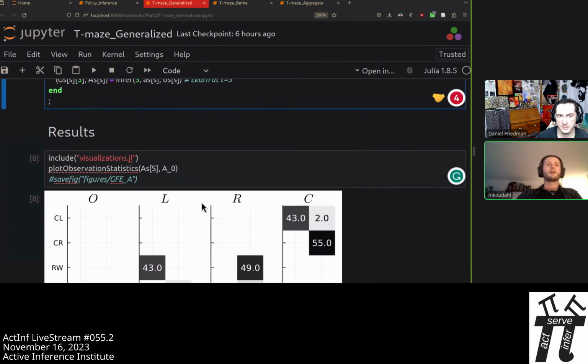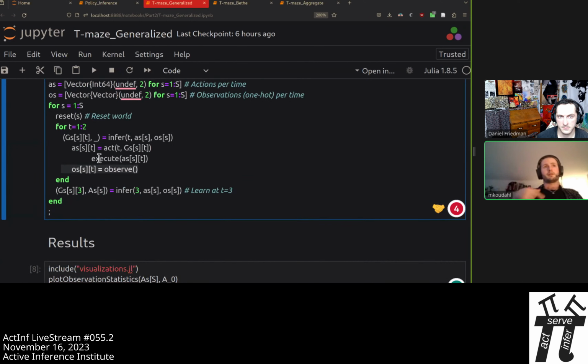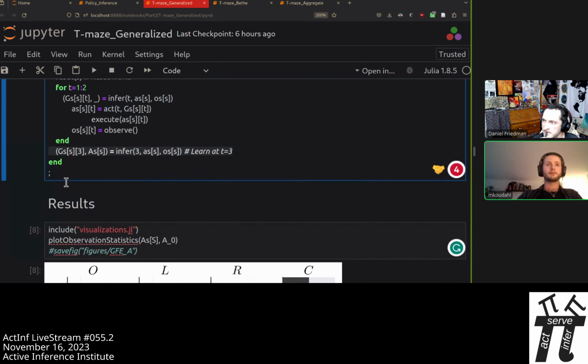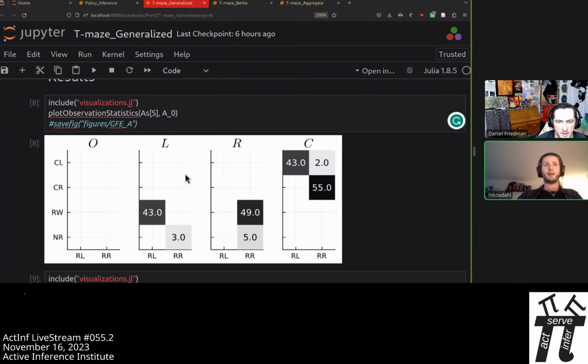If we run this 100 times, every time the agent has completed an episode, it gets to send messages towards the parameters, it gets to learn about the A matrix, the likelihood of the observations given the states. And if we do that, we can look at the differences from the very flat priors that it gets initially versus the end posteriors, to look at what this agent has learned.